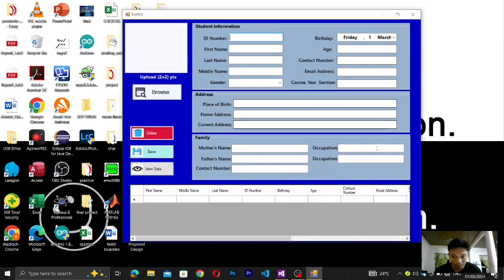As you can see, here in the text box, ID number, the user is encouraged to input his or her number. So let's try